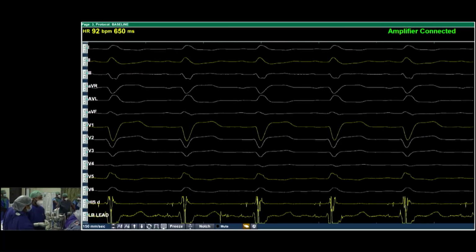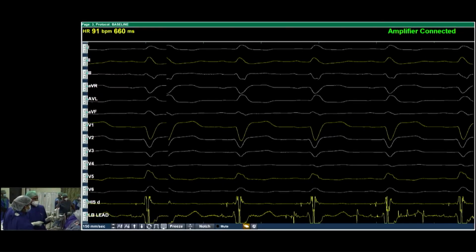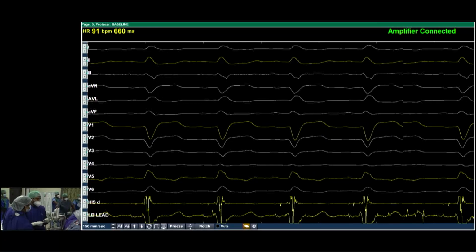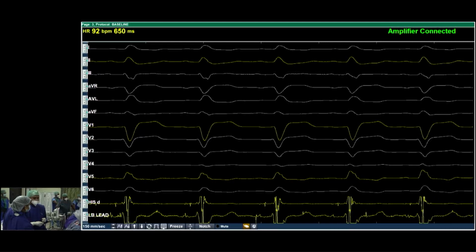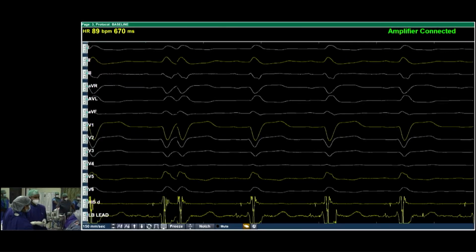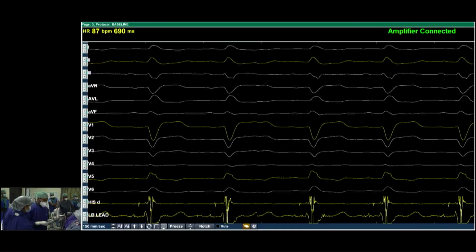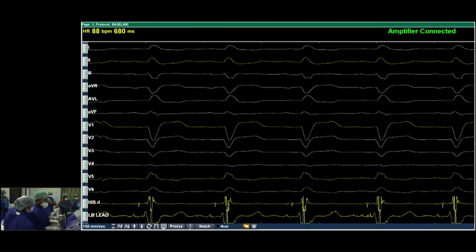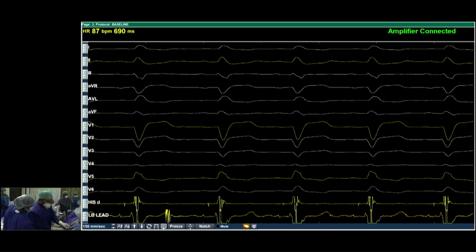But the important thing is, only if the septum is good, only if the septum is non-scarred, only if the septum is clean without scar, you'll be able to rapidly penetrate the septum. Otherwise, it will be a nightmare to penetrate the septum if the septum has some scar. So anyway, we have done cardiac MRI for this patient. The septum doesn't show any scar. There is no LGE. And hopefully we'll be able to deploy the lead by our PVC guided method.